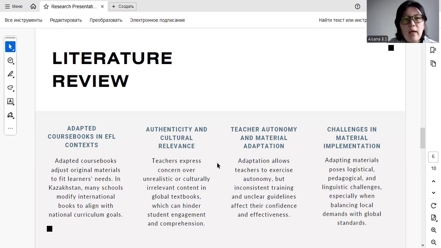So literature review, here I highlighted the 4 subtopics that are related to adapted coursebooks to teach English as a second language. So the first thing is adapted coursebooks in EFL context. Adapted coursebooks adjust the regional materials to fit learners' needs. It means that in some countries, for example, in our Kazakhstan, many schools, especially state schools, use adapted English coursebooks to teach the English language, and the reason for that is based on the ICC